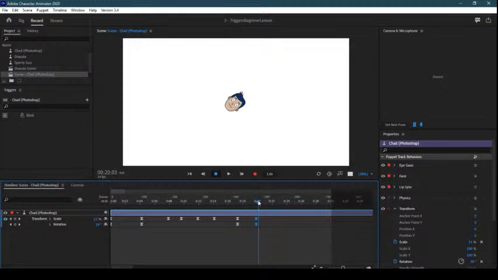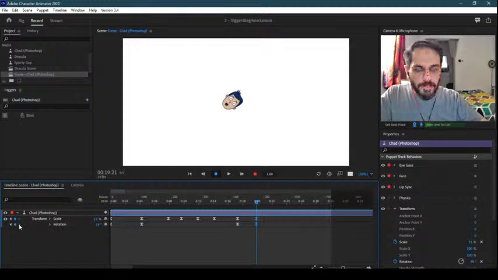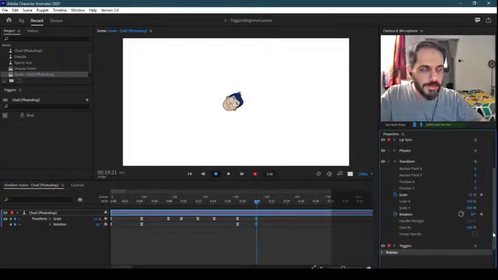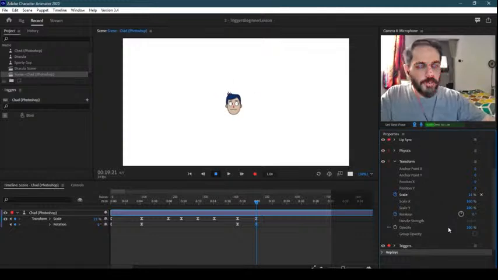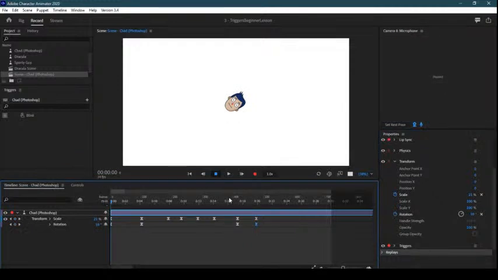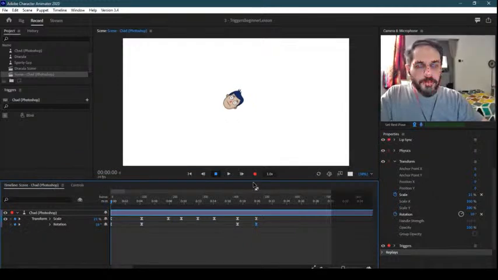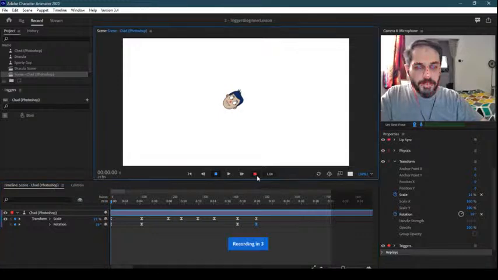And one more thing I can do here is that I can go to this keyframe here, make sure I'm here. I will press this button. I'm exactly over here. So I can go here, and maybe I will change the rotation back to 0 because I don't want it to be rotated just like this. Now, if I want to record, at the same time it can record my performance too. So if I press this button,